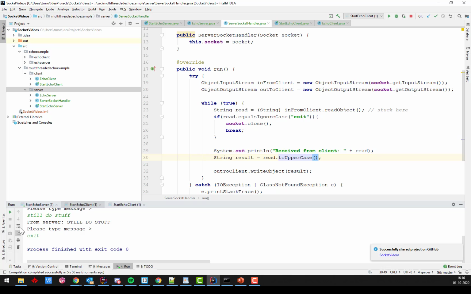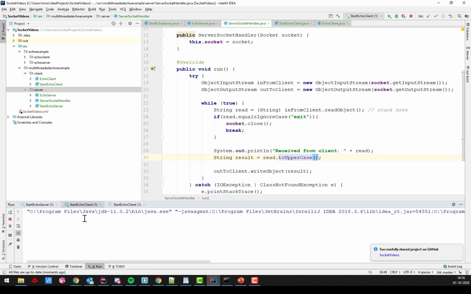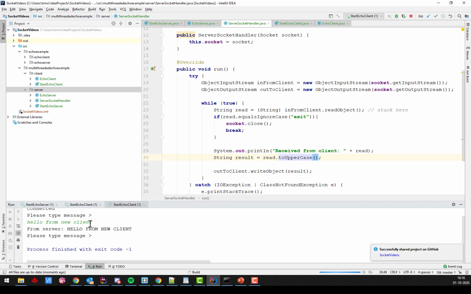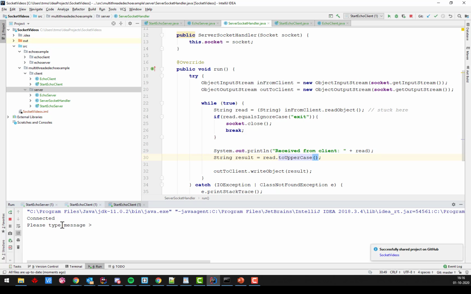My server is started. I will start my first client. It's ready to type in a message, and my server says client connected. So now the big test. Let me see if I can create another one, and it's actually also ready. So they're both ready, and the server has two connected clients, and I can interact with one of them, hello,